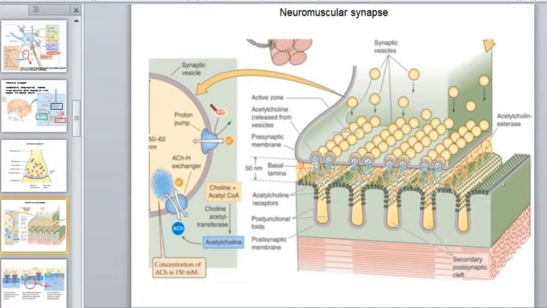Differences from the interneuron synapse: the postsynaptic membrane has more active zones. The mediator is only acetylcholine, and acetylcholinesterase breaks down this molecule. The receptor channel is ionotropic. In neurons, they are ionotropic and